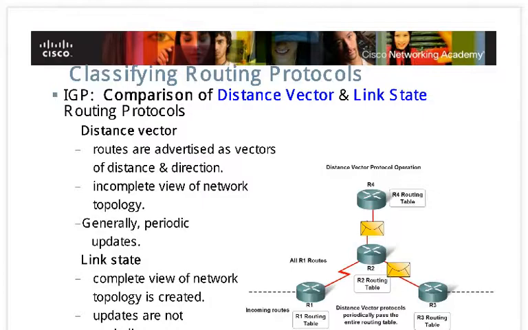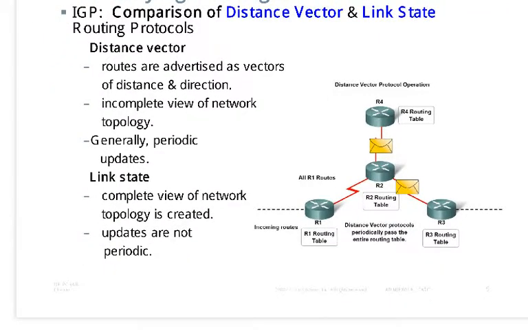Well, for distance vector protocols, first of all, routes are advertised as vectors. What does that mean? For distance vector routing protocols, each router will get the information from the neighboring routers only. Okay? So each router will get information from the neighboring routers only, and will get it in the form of